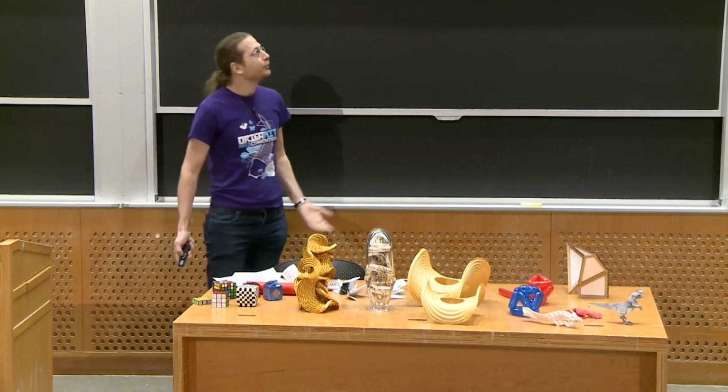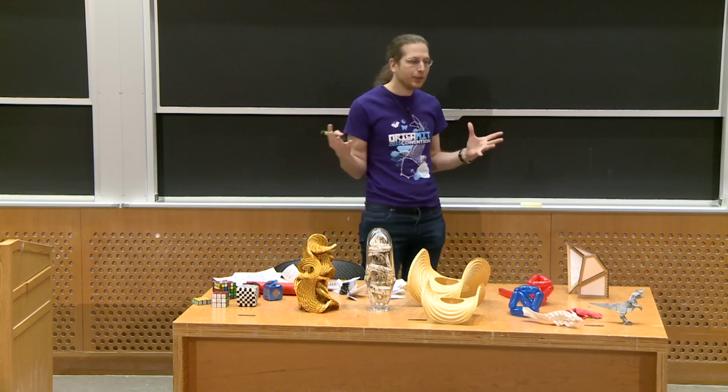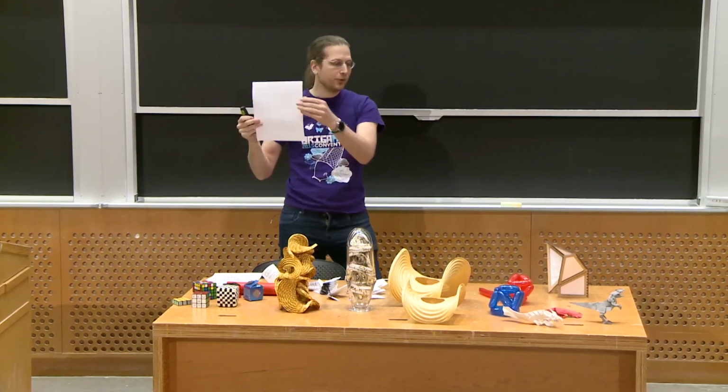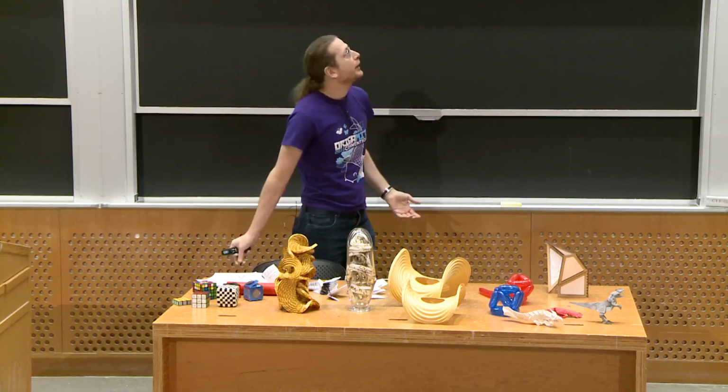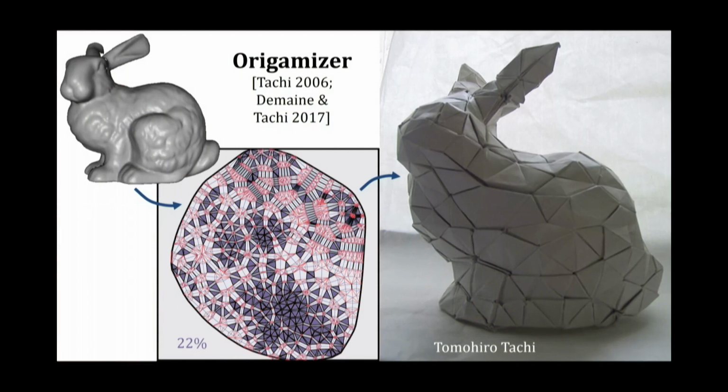And in modern times, we look for better algorithms that are more efficient, that try to minimize the scale factor from how big of a piece of paper do I start from to how big of a model do I get. And one of the cool ways these days, which is invented by Tomohiro Tachi and then analyzed by the two of us, is called Origamizer. It's free software. You take a 3D model, and it makes it into a crease pattern that you fold from a square. In this case, it uses 22% of the area, which is pretty good,